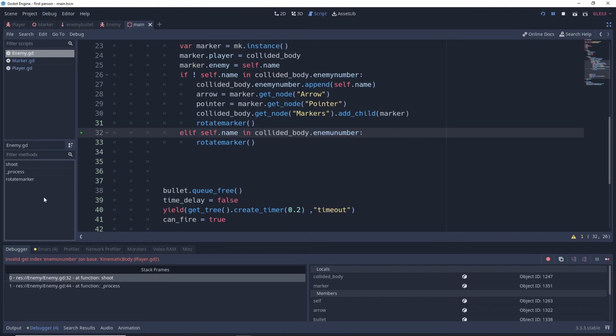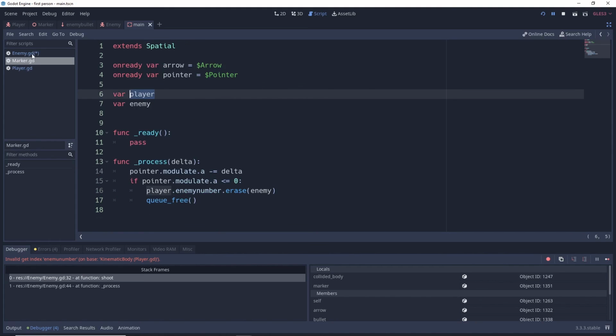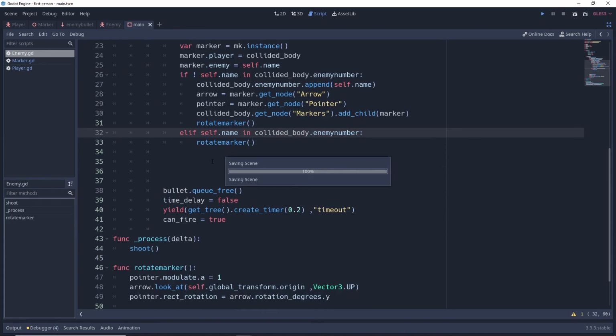Now if we test the scene, we go to the main scene and run it. Yes, okay, so here we get an array and here we get an error. The enemy number I did not write properly, because the name should be the same as this one. So if we run our scene now,